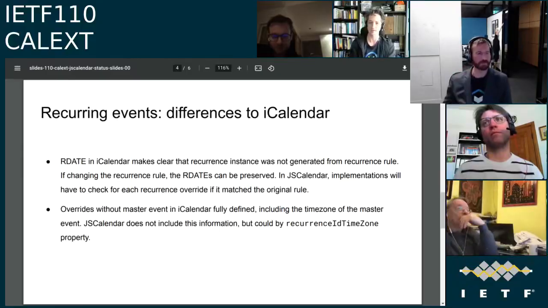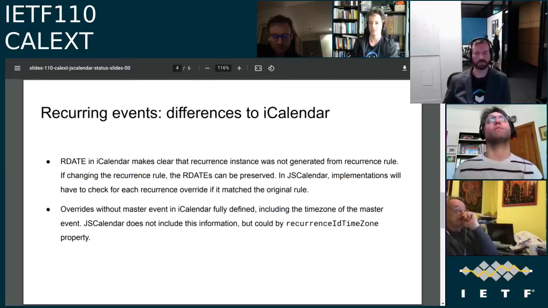So the thought was to add a recurrence ID time zone property, which is only allowed to be set if the event has a recurrence ID, so if it's really a recurrence instance.